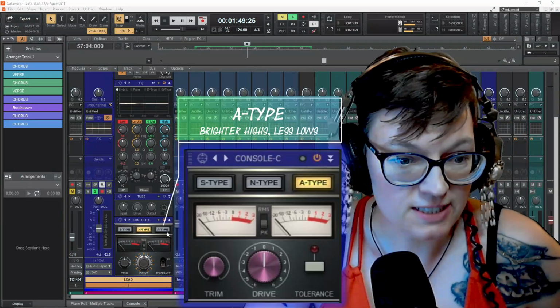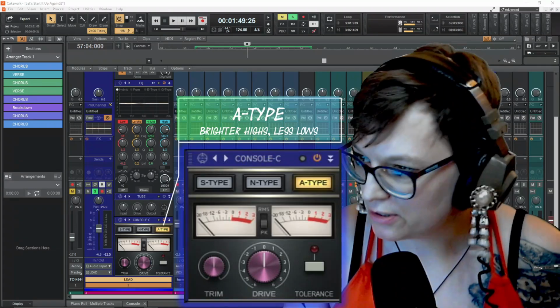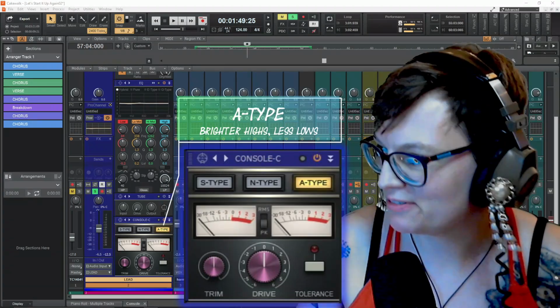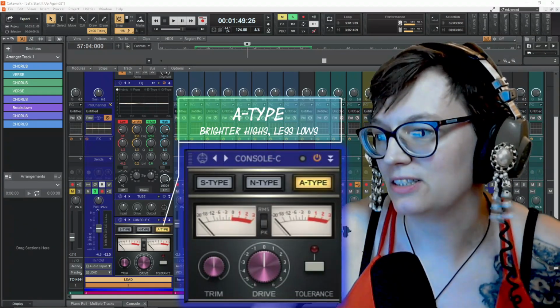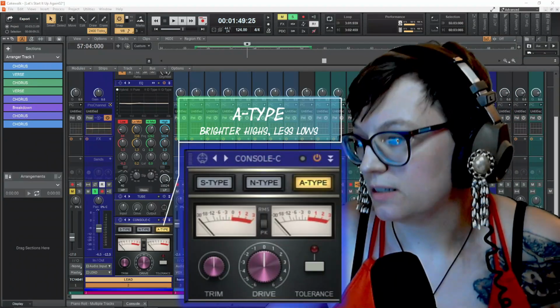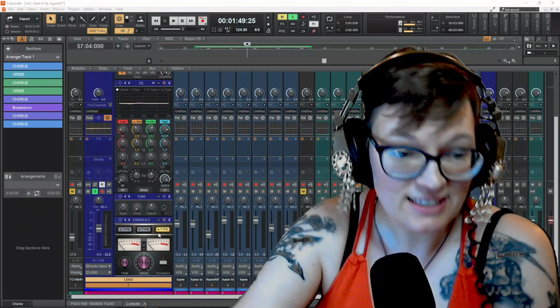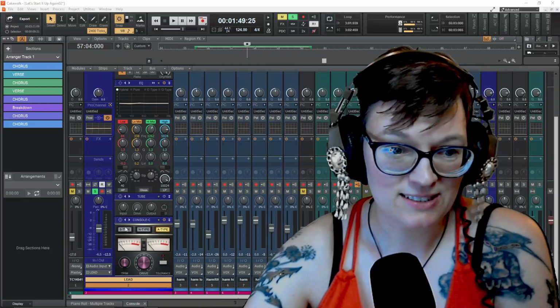Okay, then this next one is 8. Emulates a revolutionary British console, of which only 13 consoles were ever built. Made famous at Trident Studios and Cherokee Studios. Brighter top end and less lows than the N-type console. Some consider this the best sounding console of all time. Those are the console emulators that are just